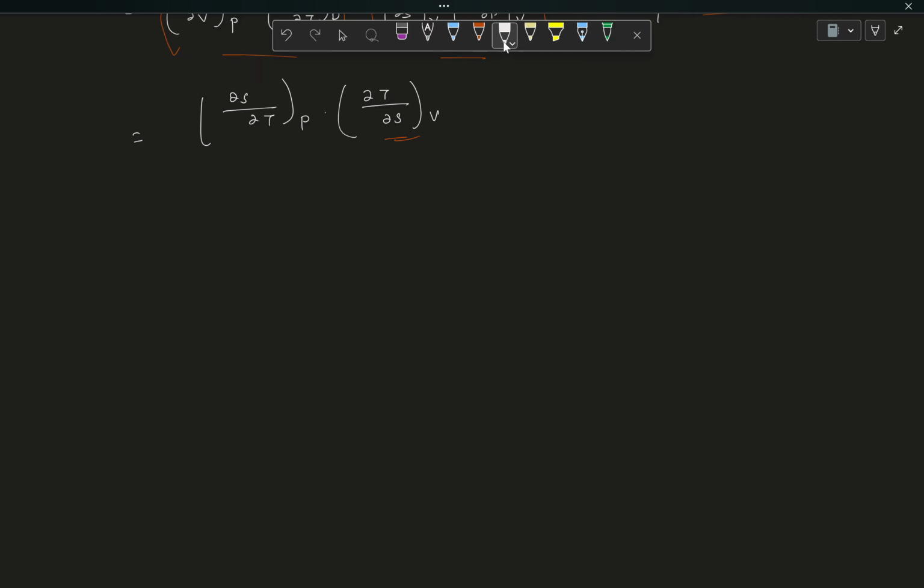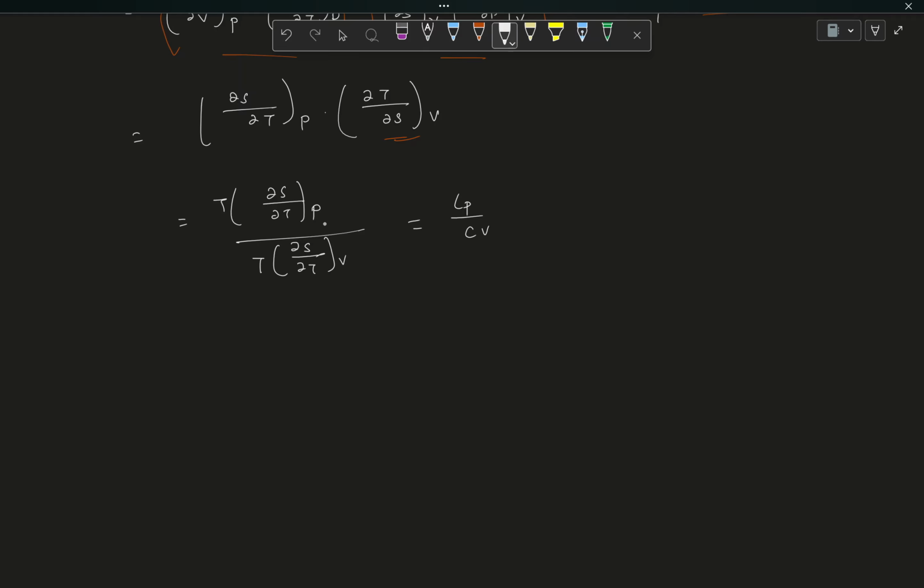And you know what they are related to. They are related to a specific heat. Once I arrange this, it will be much clearer. So this is del S del T at V constant. Now just multiply a T on both terms, numerator and denominator, so they will cancel out eventually. And this, you know, is a ratio of Cp by Cv, because Cp is the T